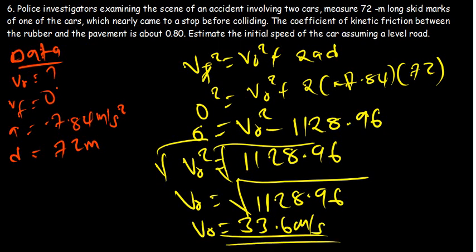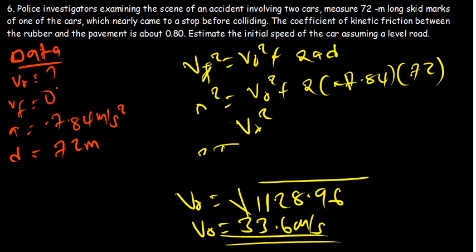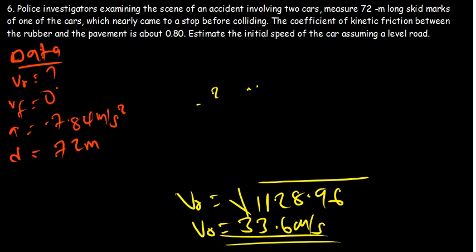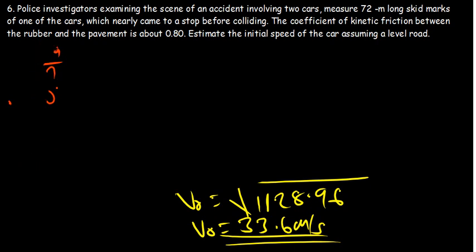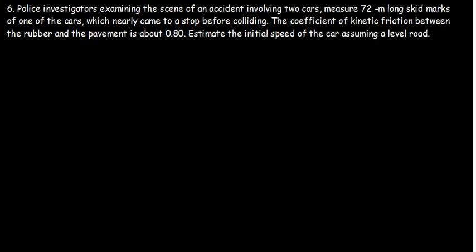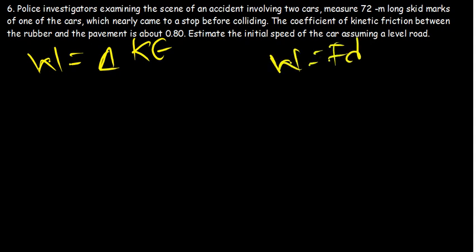Okay, so that is the method which we can use for Newton's laws of motion. But what if I use the method for work, energy and power? Okay, so under work, energy and power, we know that work is given by the change in kinetic energy. So work, you know that is force times distance. Work is just basically force times distance. So I'm going to replace it with force times d. Change in kinetic energy is the same as